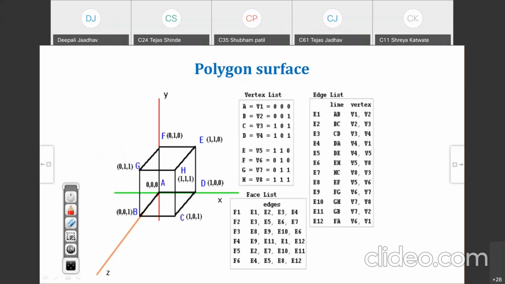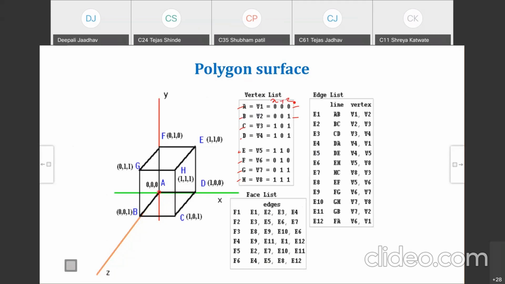That is a cube. For example, we have already seen it in 3D. In this cube, these are the major points. A is the first. So how do we represent this cube? How many vertices are there? 1, 2, 3, 4, 5, 6, 7 and 8 vertices are there. V1 to V8. What are the bits of this vertex V1? 0, 0, 0. For this B, 0, 0, 1. X, Y and Z coordinates. Right? It is a 3D cube.